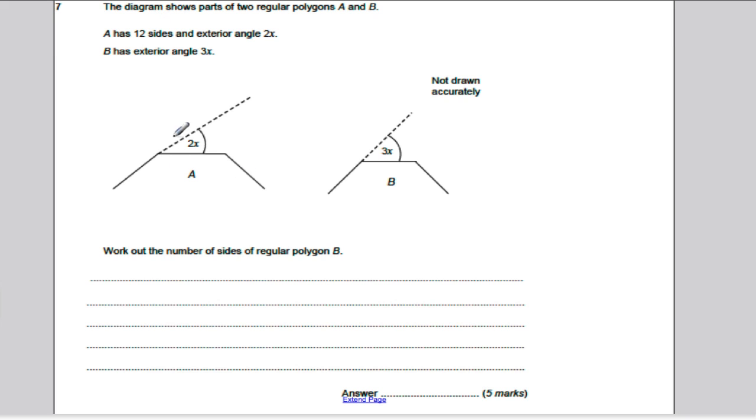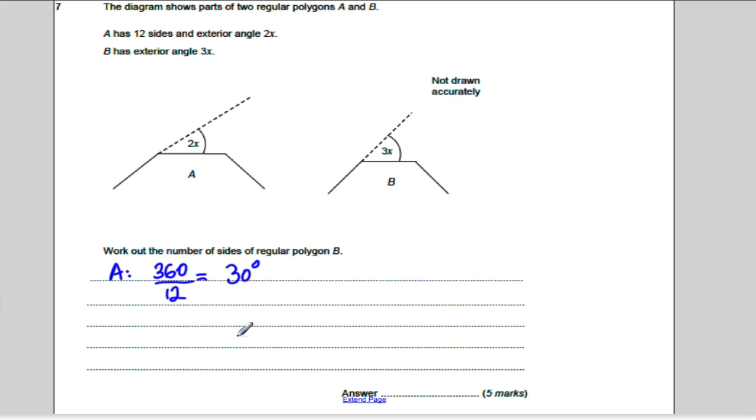Well, I know that all the exterior angles outside a polygon add up to 360. And I know that there are 12 of these exterior angles in A. So from A, I can say that 360 divided by 12 must tell me the size of each of those angles. And I get for that 30